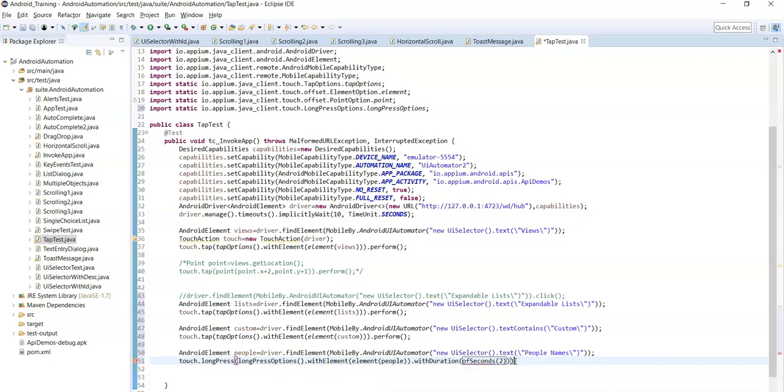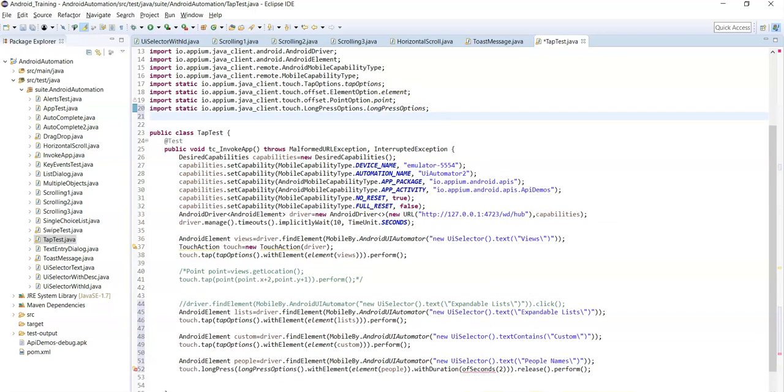So after pressing the finger for 2 seconds on that element, now you need to release that finger, right? For that you need to release the finger using the release method. Release dot perform. At the end we must call the perform method. So in order to perform a touch action on any element, here you need to import the half seconds package,